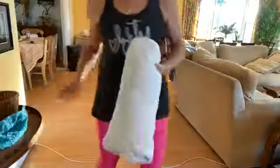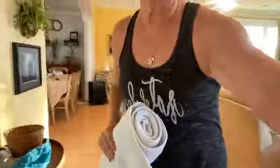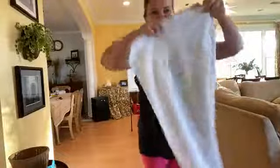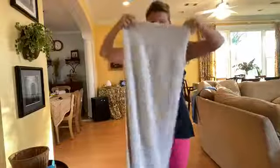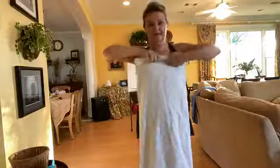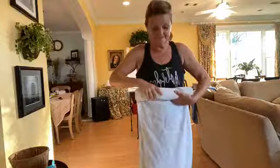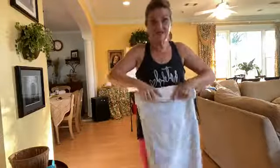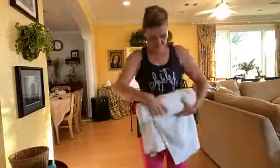All right, so here's what I've done. You can't see my head here, but that's okay. I want you to look at the towel. I took a towel right here, and I folded it in half, and I rolled it up tight because you want it to be firm. I rolled it up really tight. Now this is what you're going to use